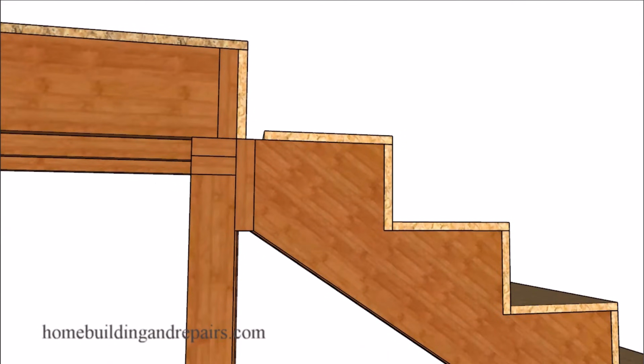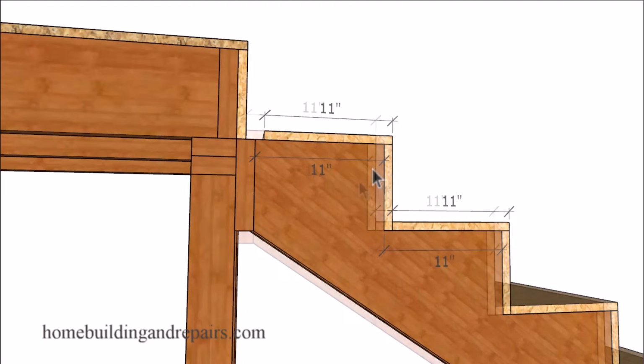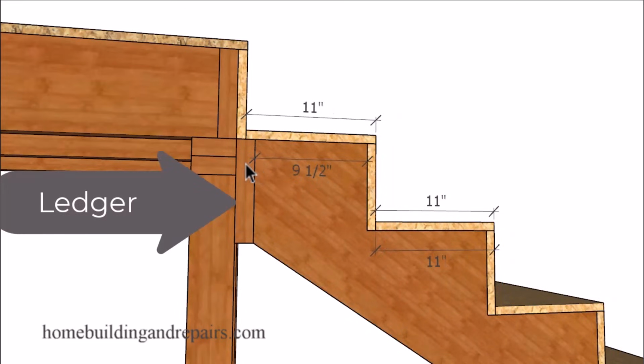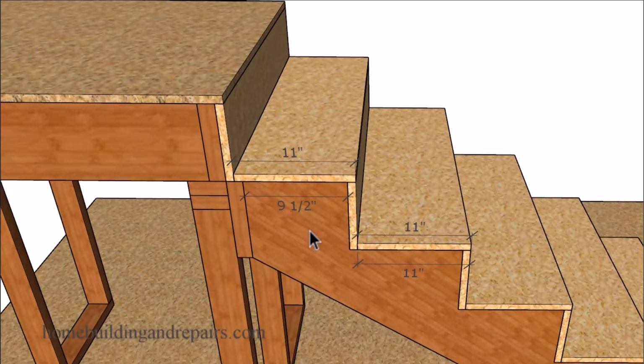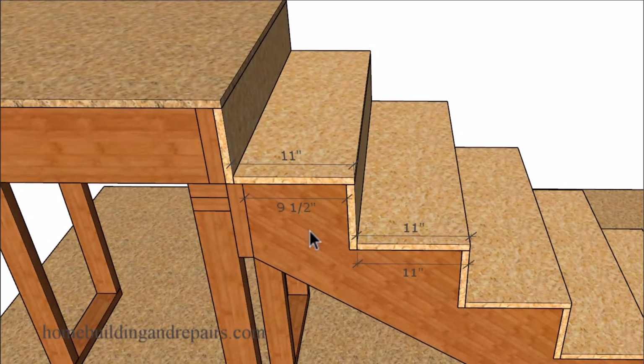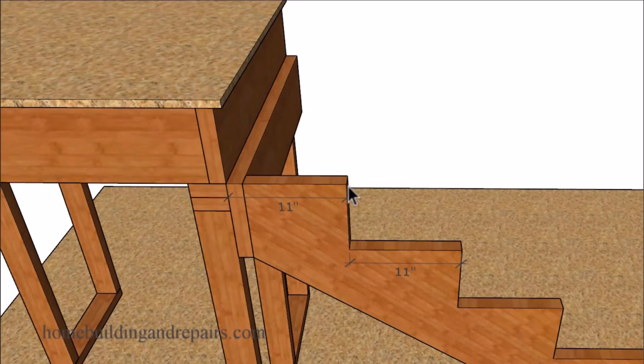And it's a simple problem to solve, especially if you know what you did wrong. Now, the problem here is that when you were laying out the stair treads and risers on the stair stringer, you just simply forgot to deduct the width of the ledger. And I think about the easiest way to catch this problem before it becomes a bigger problem will be to simply measure the distance from the front of the riser to the back of the riser when installing your first